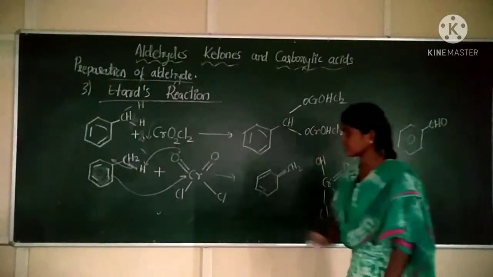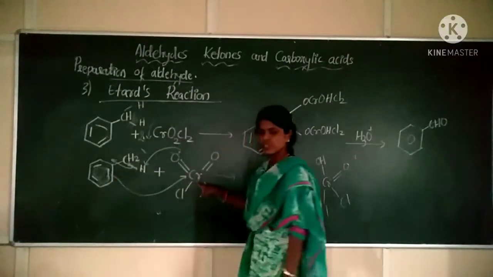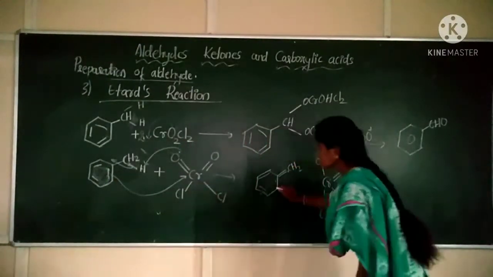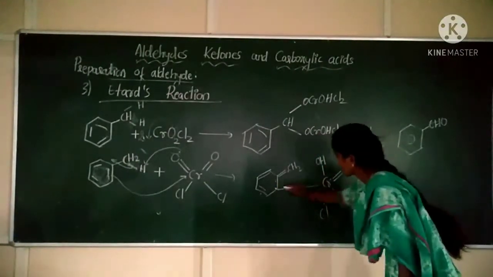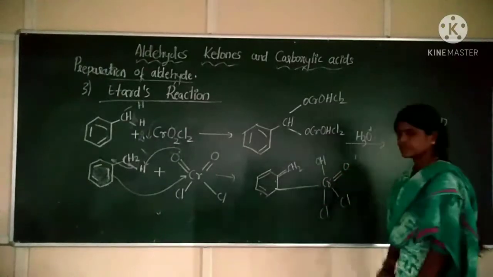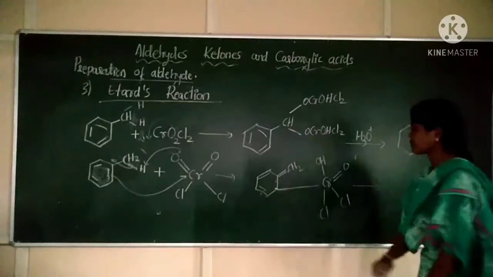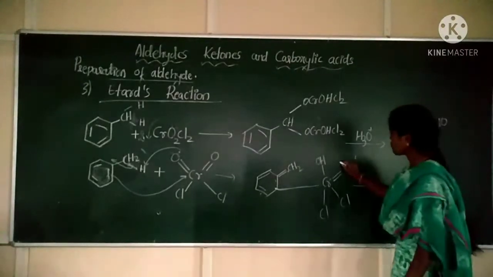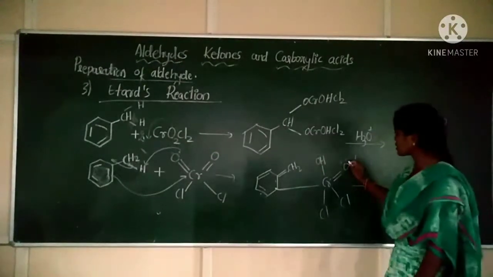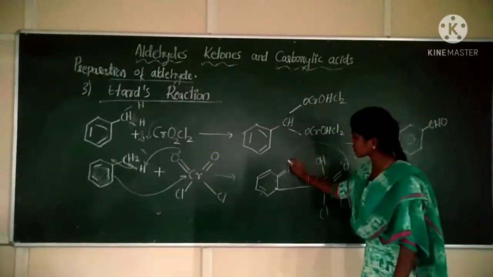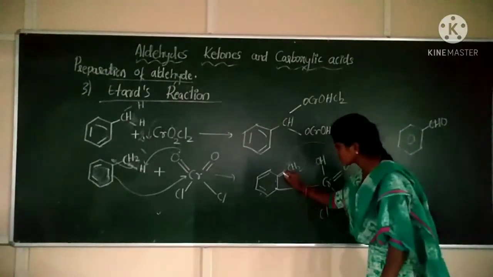This one will remain the same. Next, these two electrons are moving towards the chromium atom. It means here we will have a bond between chromium and carbon. Are you getting it? In the next step, again we have two oxygens. Now at this time this oxygen will make a bond with the carbon. Now this bond moves here.